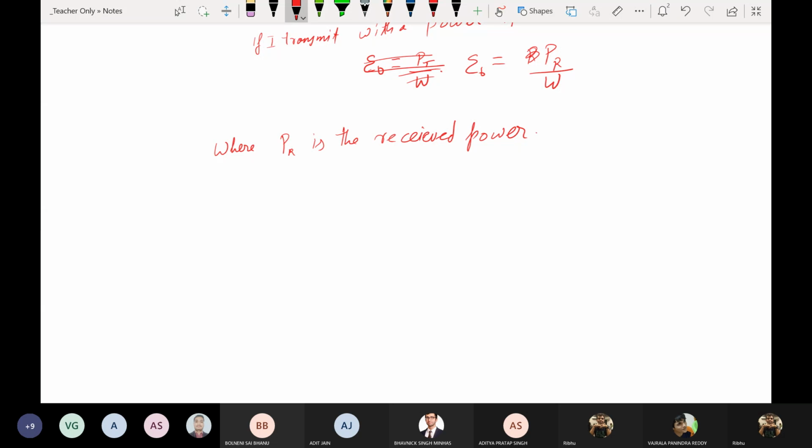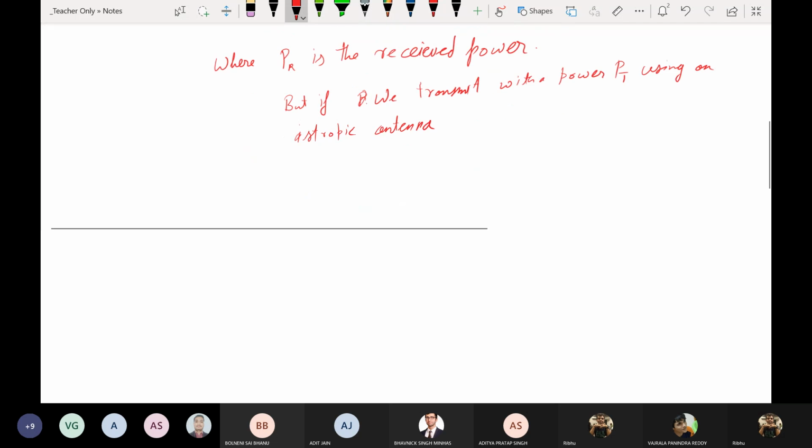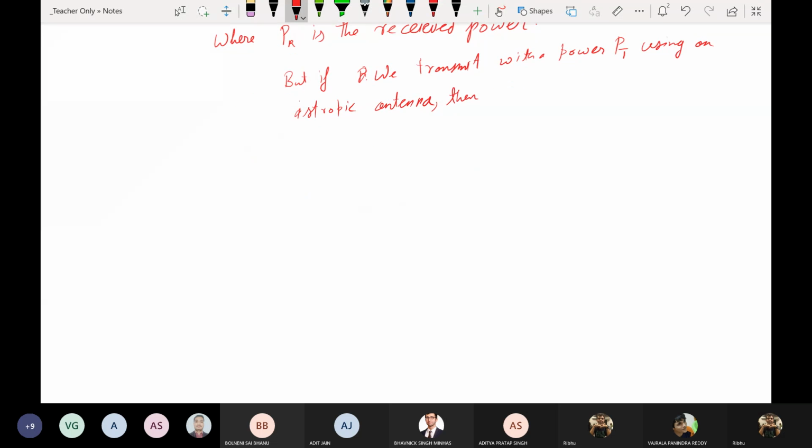So, but if we transmit with power PT using an isotropic antenna, then PR equals